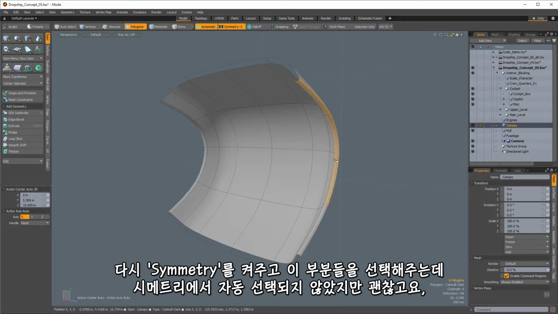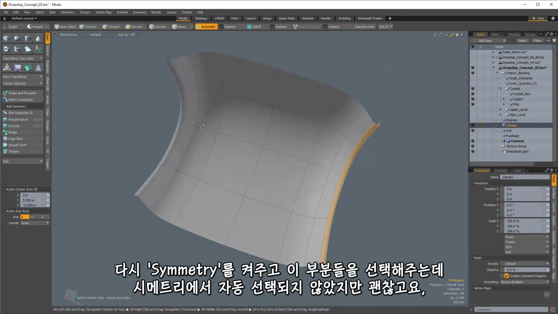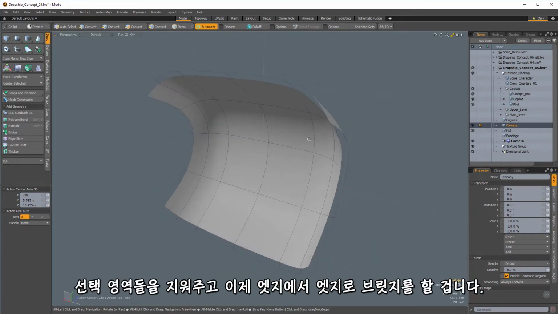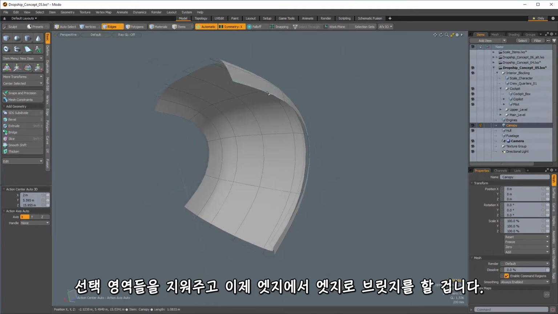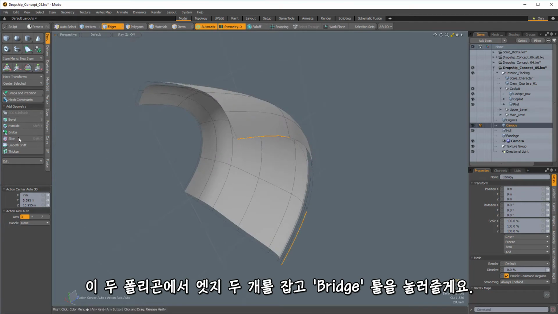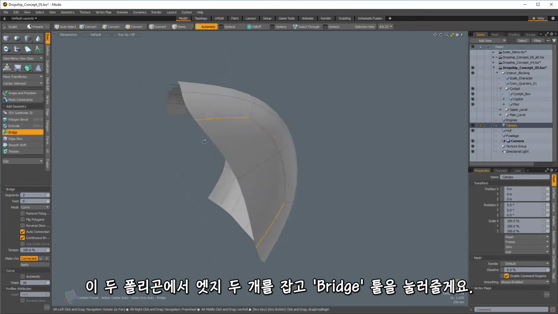So let's get all these guys, these guys, these guys, and it looks like it did not auto-select my symmetry. So that's okay. So we'll take those and cut them out. So now I can just bridge edge to edge. So if I take these two polygons or these two edges here and run the bridge tool and click, I